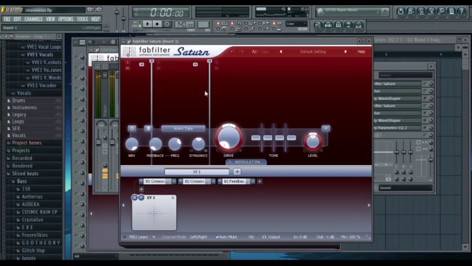You can't really see it, it doesn't show it moving, but this X mod is attached to here and here. And the other thing that's being modulated is the feedback. And it's being modulated in a way that the higher frequencies get the feedback, so there's not really any in the low, because that would sound kind of just bad and muddy. Other than the feedback, it's not incredibly important to the sound.